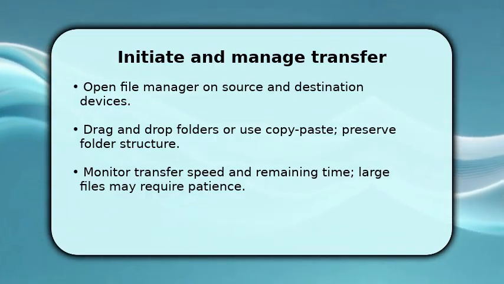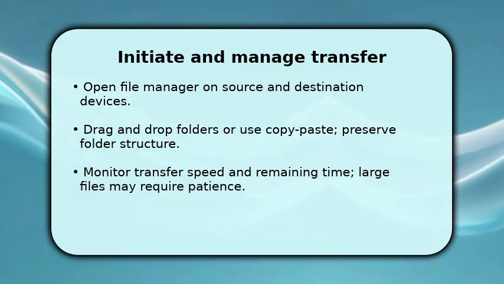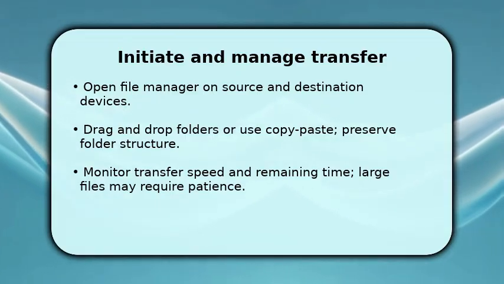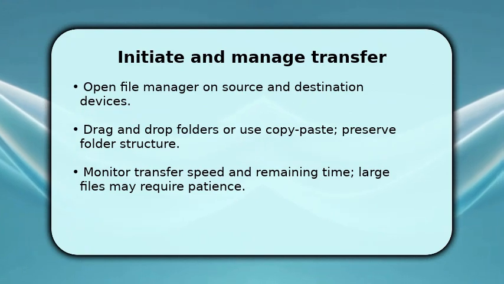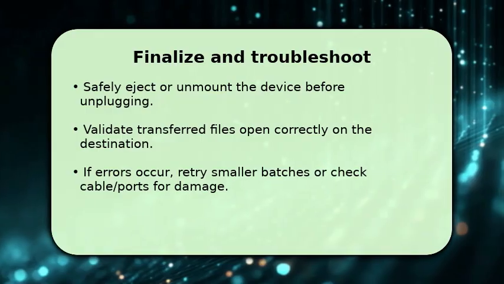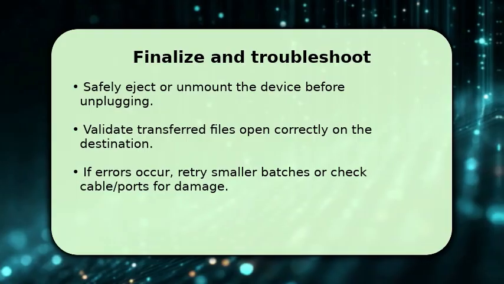If speeds drop, try a different USB port or a shorter cable because cable quality affects throughput. Make sure you finish by verifying files open correctly and then safely ejecting the device to flush write caches. This prevents data loss. If a file won't open, compare file sizes and timestamps to spot corruption and try copying